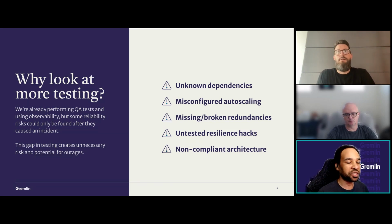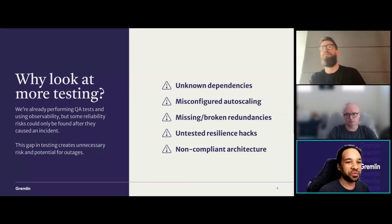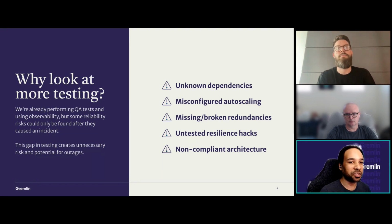So some of those risks include things like dependencies that their service is connected to that they might not have been aware of or that weren't documented, auto-scaling rules that weren't configured properly or that weren't optimal for their systems, systems that didn't have working redundancies in place, meaning there was nothing to fail over to in case they had an issue. Of course, one-off hacks and fixes and little tweaks in production that might not have gotten documented, which of course makes it hard, if not impossible, to reproduce them. And architecture that doesn't meet compliance standards, which of course can cause all kinds of unexpected behaviors, both technically and